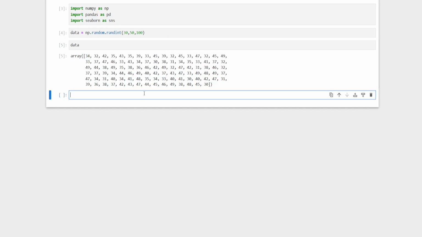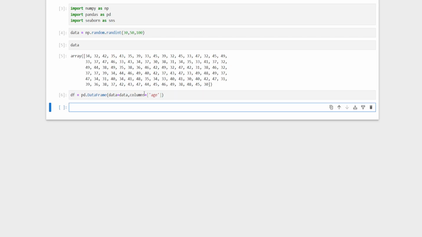Now let's load this numpy array into the pandas data frame. That we can do: df is equal to pd.DataFrame. I have to supply the data, which is data is equal to the data which I've got above, and columns. I will name this column as age. Right, so far so good. Now if I do df.head,